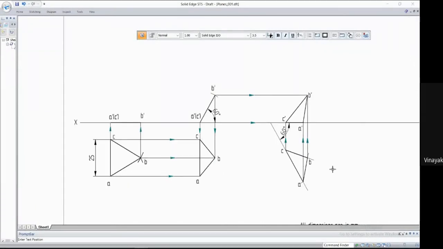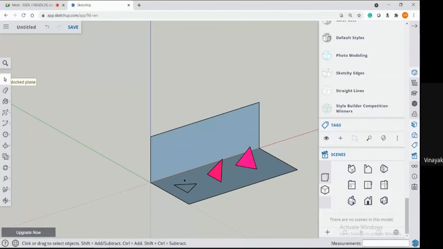Now, first you have to identify whether it is resting on the vertical plane or the horizontal plane. How will you identify? Depending on the question given to you. If the surface of the lamina is inclined to HP, it is resting on the horizontal plane. If the surface of the lamina is inclined to VP, it is resting on the vertical plane. Whenever it is resting on the horizontal plane, you have to tilt it first with respect to the horizontal plane, then with respect to the vertical plane. But now we'll solve a problem resting on the vertical plane in the next class.